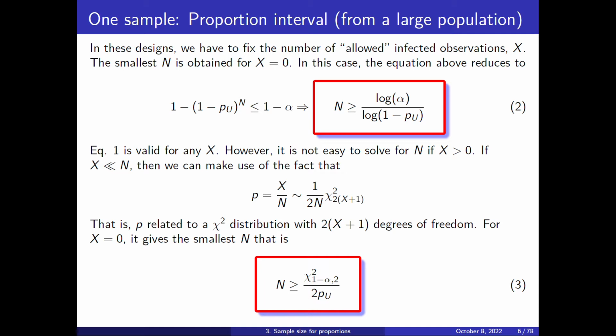But if X is much smaller than N, so let's say that we observe 300 animals and only 1 or 2 get infected, then we can use the fact that this proportion that we have observed in our data is distributed as a chi-squared distribution, and this chi-squared allows us to compute n. For instance, if X is equal to 0, then we can calculate n in this way, and this is the